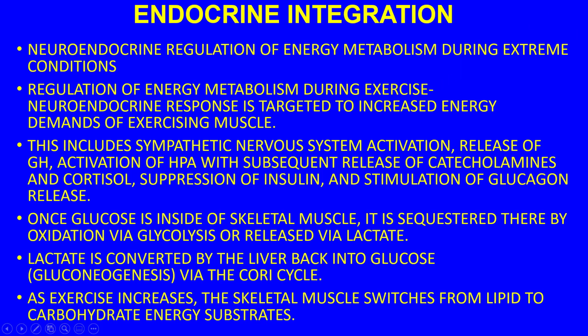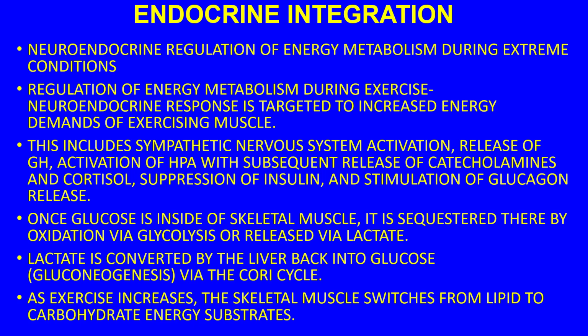Now, let's continue on extreme conditions here, the regulation of energy metabolism during exercise. The neuroendocrine response is targeted to increase the energy demands of exercising muscles. To a point, this is part of fight or flight. So we have the sympathetic nervous system that's going to be activated. But along with that, you're also going to have the release of growth hormone. You're going to have the activation of the HPA with subsequent release of catecholamines and cortisol, suppression of insulin, and